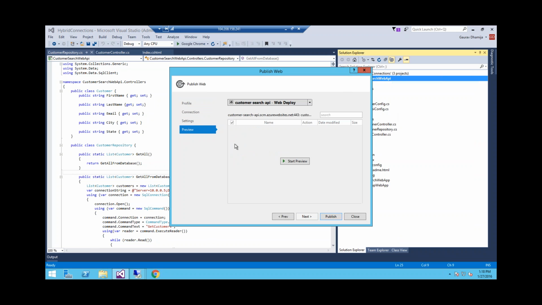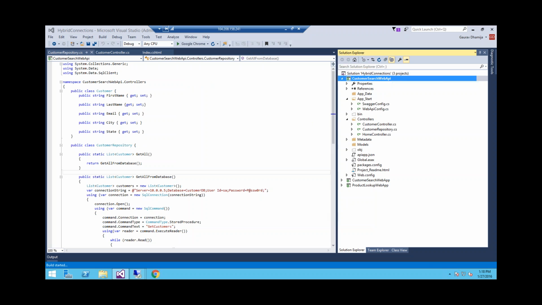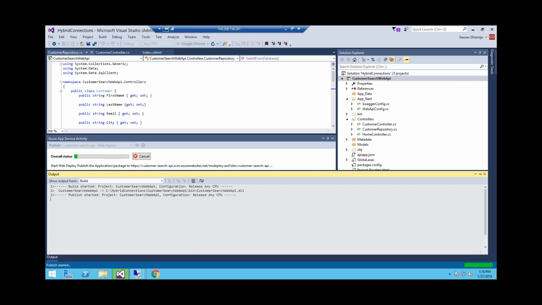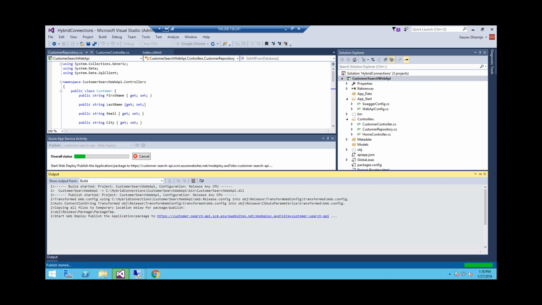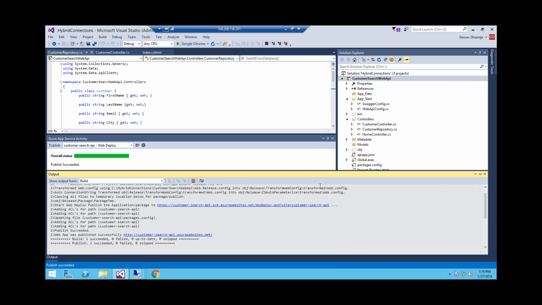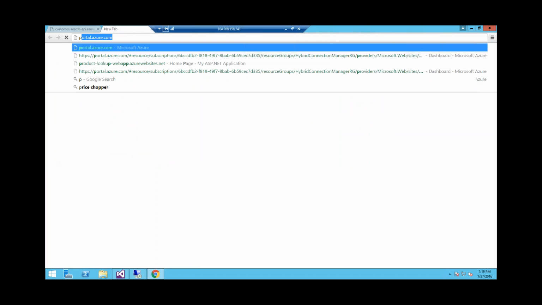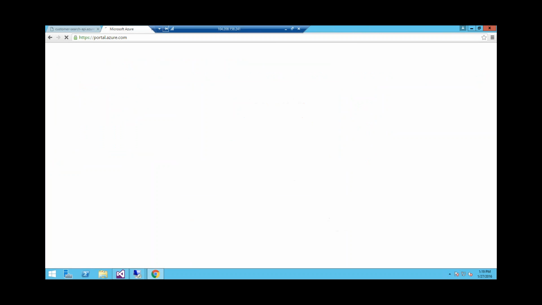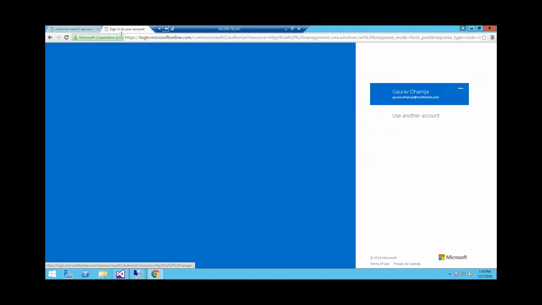If you see different settings here, I can publish it over here. It will just take a few seconds to publish. In the meantime, I will open up the Azure portal to show you how to set up Azure Hybrid Connection.